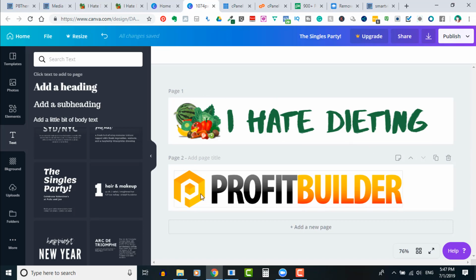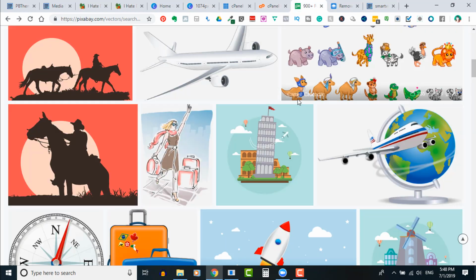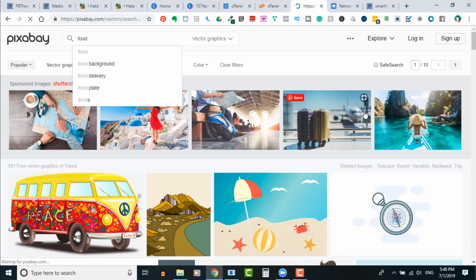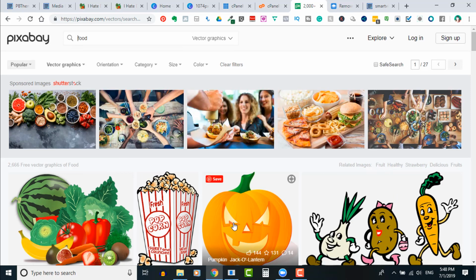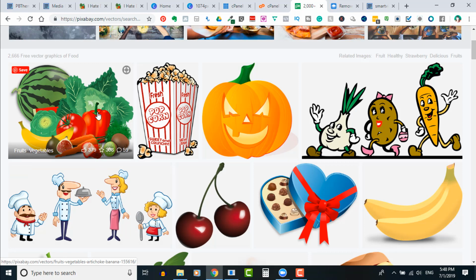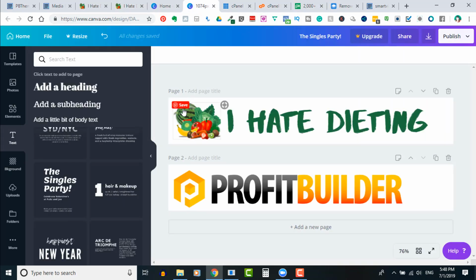And then I thought, well, I'm going to need a little icon of some sort to use as the favicon, just to make it look a bit more interesting than just the text. So I came over to Pixabay and I searched for food, and that's the first one I found, as you can see, and it was already a transparent PNG, so that worked really well. So I just brought that into Canva, resized it to an appropriate size, and then